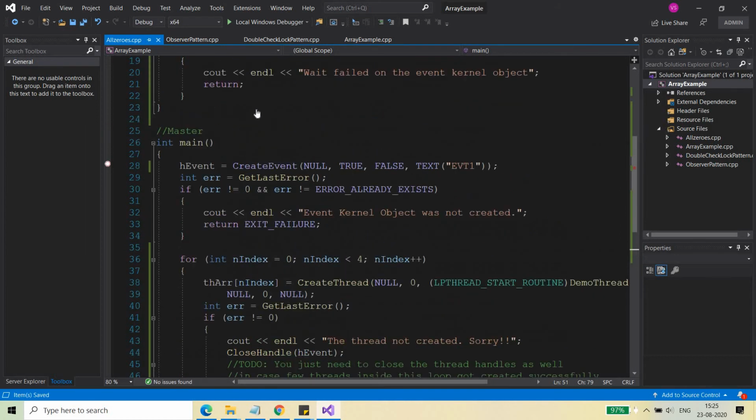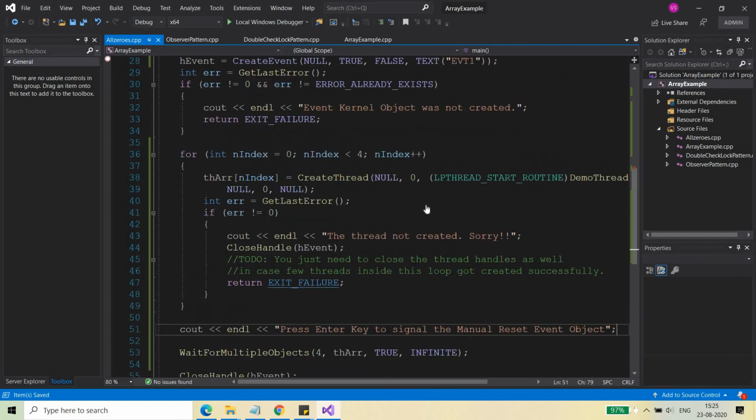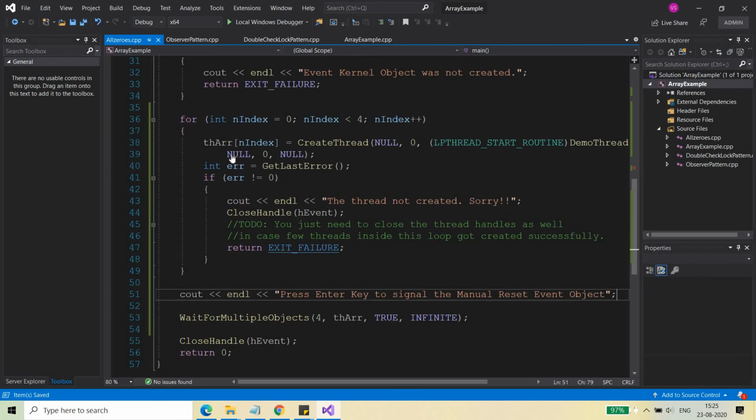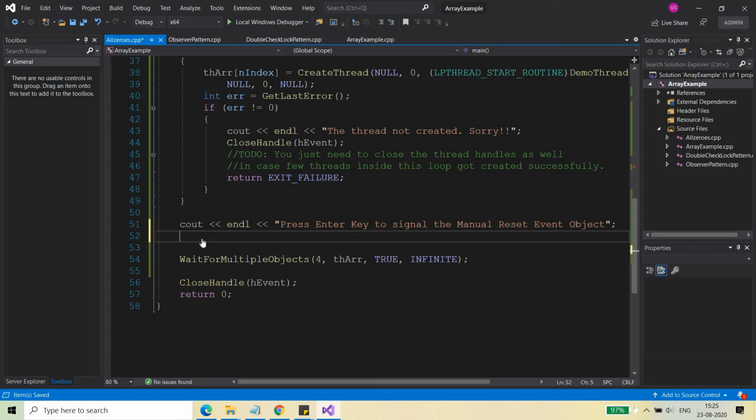So I'm not putting any sleep or any kind of thing here. I'm just controlling it through the main function itself, because the main function is itself a thread. So inside this thread, once all the threads have been created, it will ask you